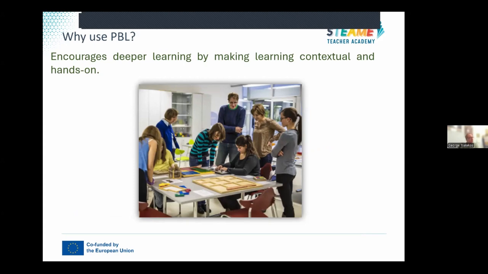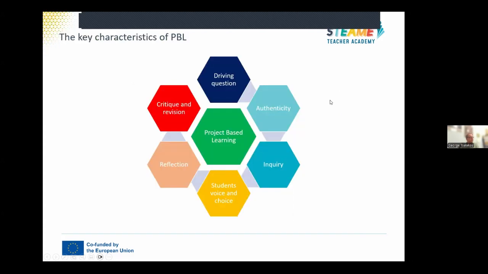And this research says that when students are involved in project-based learning, we have deeper learning with the implementation of various projects, which are more interesting for students, and they are getting involved and more engaged to this learning, let's say, strategy. The key characteristics of project-based learning,